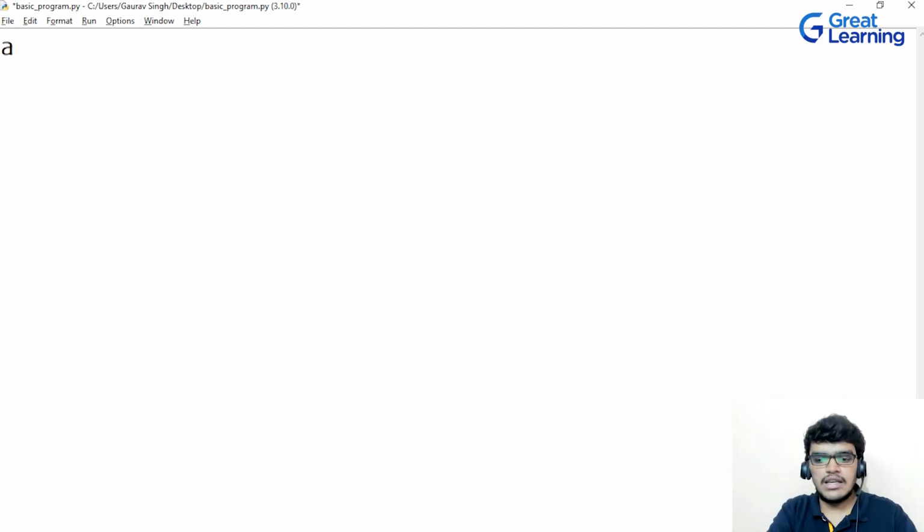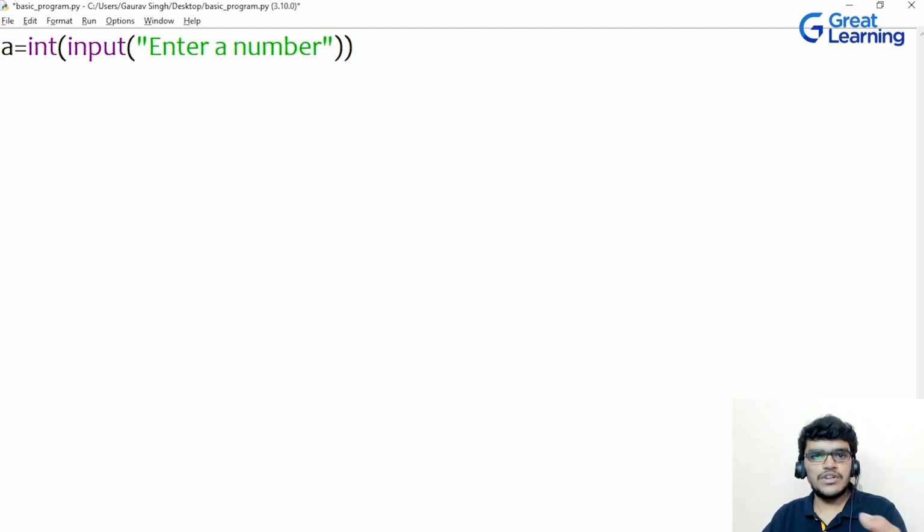So I will just write here a is equal to int(input("Enter a number")). Now this function will give me a string, right? If you are writing input, enter a number, then it will give you a string. So that's why I have written here int, so that I can change the string value into integer. So I will be using this function to take the value from the user. After that I will create a temporary variable f is equal to 1 and then let me write my logic.